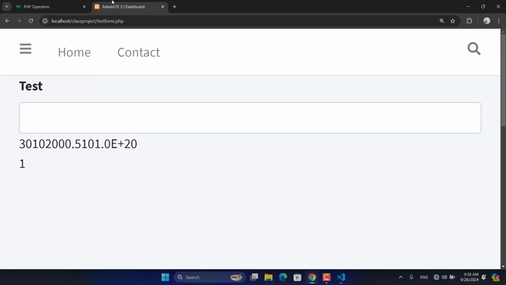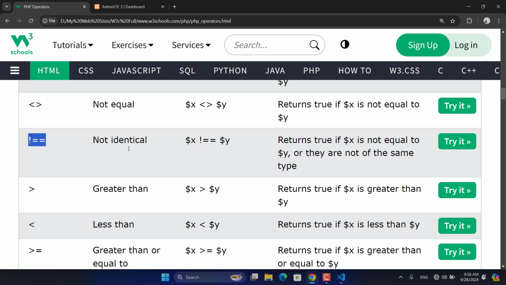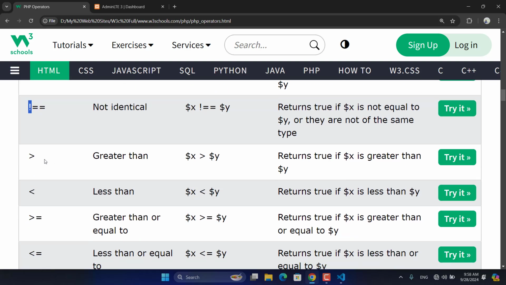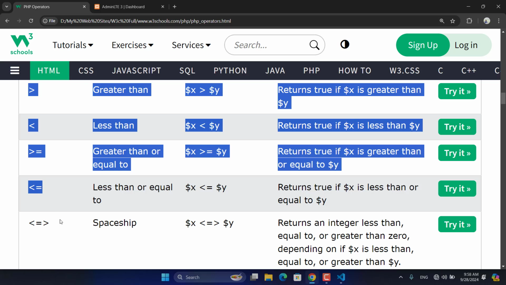An empty set. Why an empty set? Because the value is true and it will return false because we have used a not. In digital principles, you learn the not will negate, turning true to false and false to true. Another is greater than, another is less than, greater than or equal to, less than or equal to,